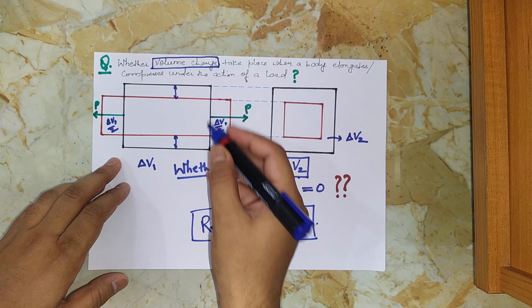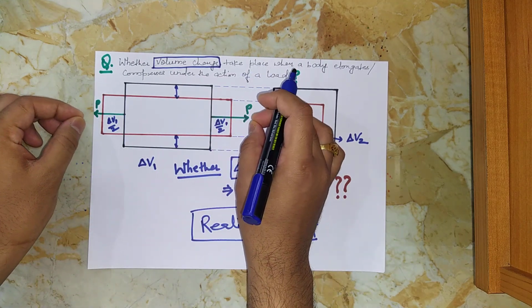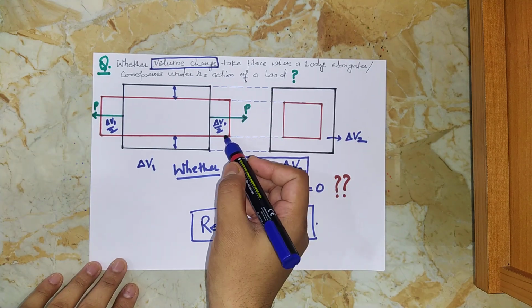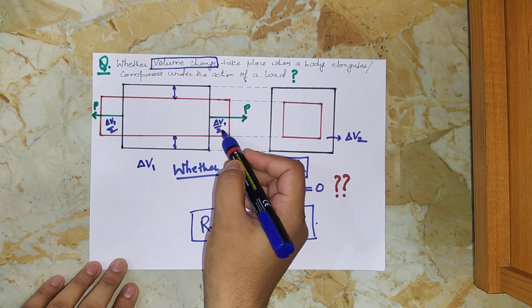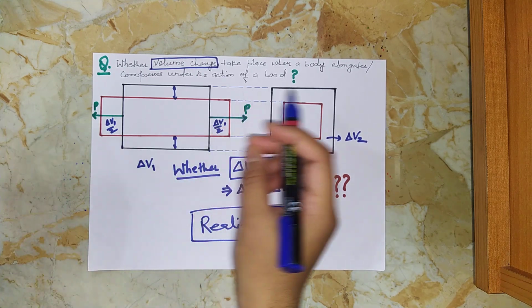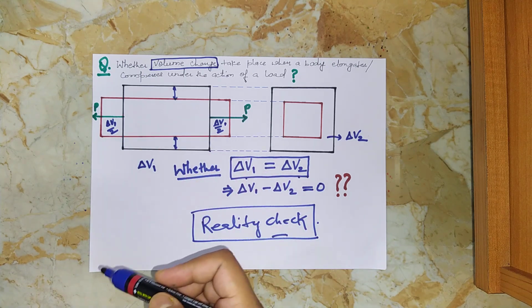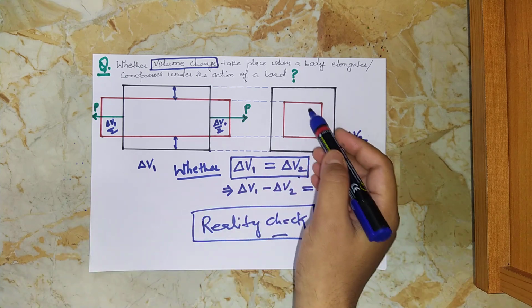So let us take a prismatic bar and let us elongate it by applying a load P in the axial direction. We see that there is an obvious increase in volume in the axial direction denoted by del V1. We have distributed it accordingly on either side because of the symmetry. So del V1 is the volume increase in the axial direction, and correspondingly due to the material property it contracts